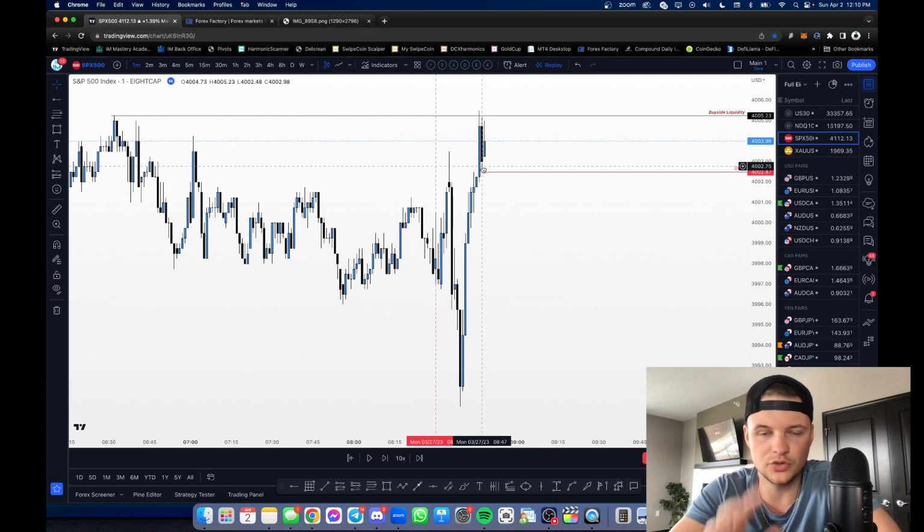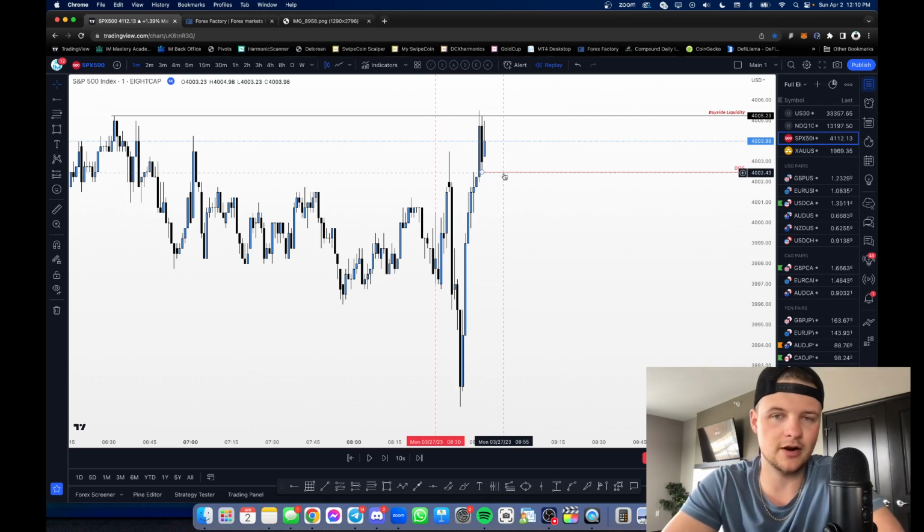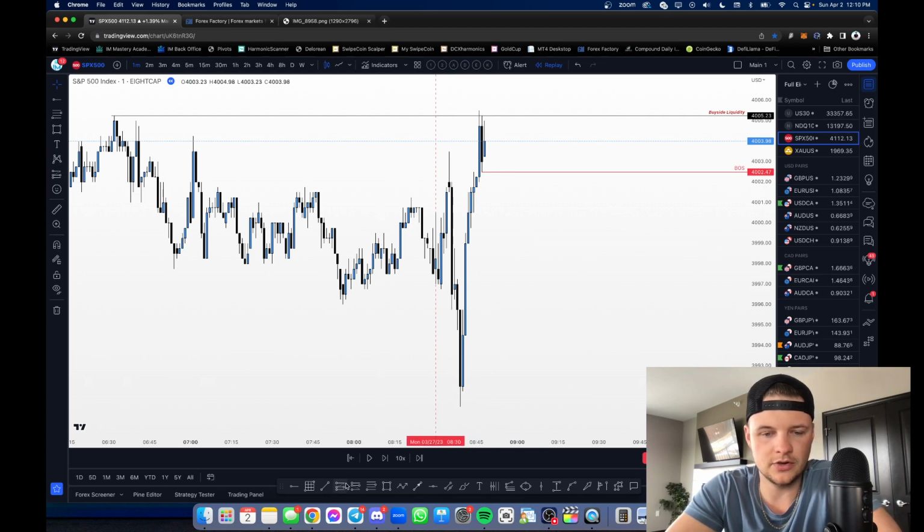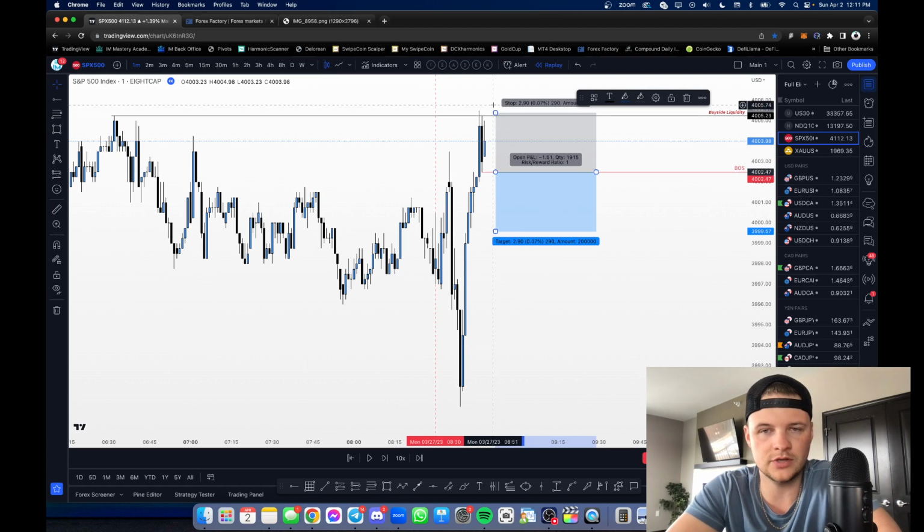So this is our most recent low on the 1 minute time frame. We would want to see a candle close below, not wick past this, right? We want to see a candle get below this level and then close. That's considered a break of structure, and that's where we would actually take our entries from. So just so we can play this out and then obviously review the way it was called out in the Discord.